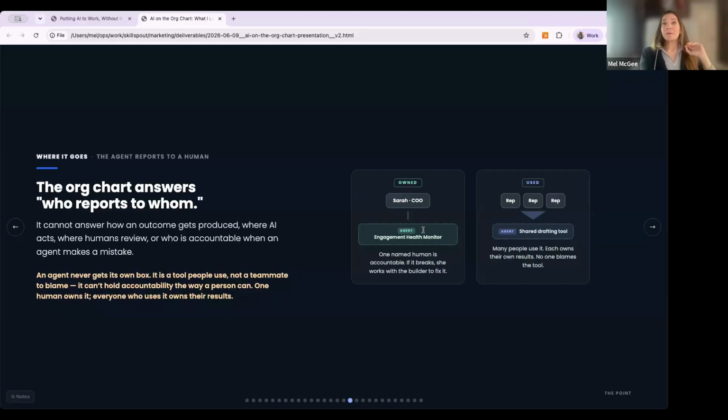So Sarah might own the engagement health monitor agent, and people might use this agent. If something breaks, it is the person who owns the accountability. It's their responsibility to make sure they work with the builder to have it fixed.